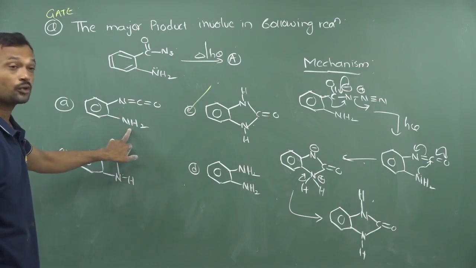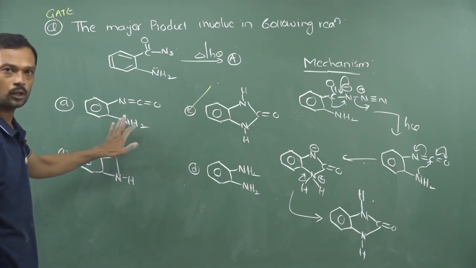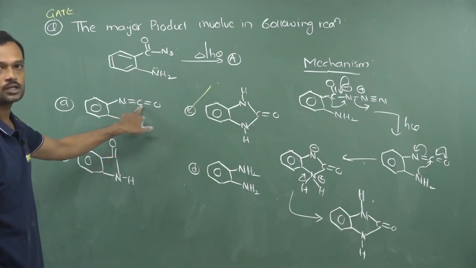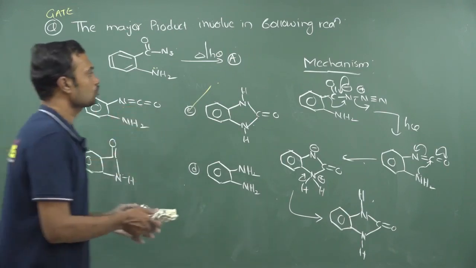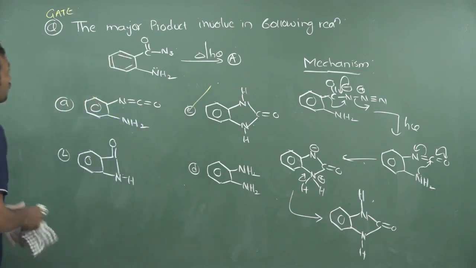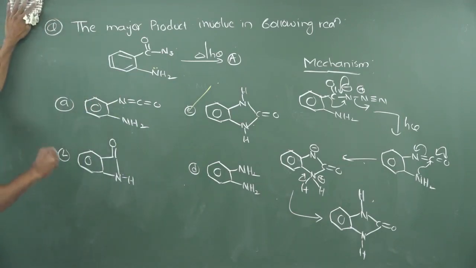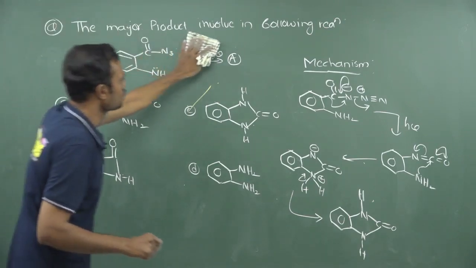Here, if there is a presence of any alcohol or any amine, any polar group, then definitely it gets influenced by this isocyanate. Okay, so this is the way of asking in the GATE examination. Now I will show one more similar question, which was asked in the CSIR examination, that exam in which initially they ask two points. I will show, and how to predict the answer I will also show. Okay, just go through it.